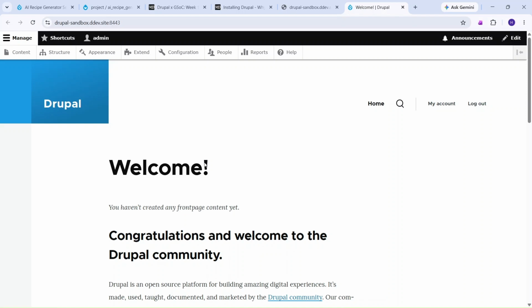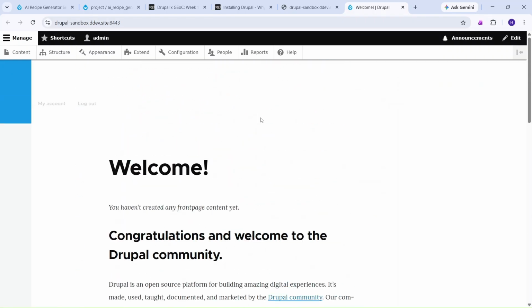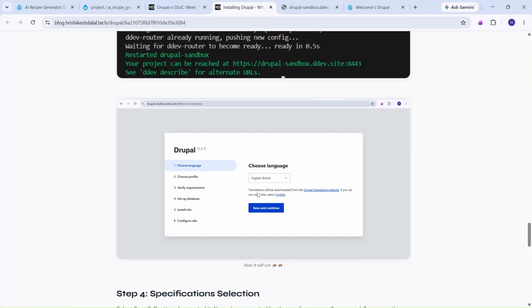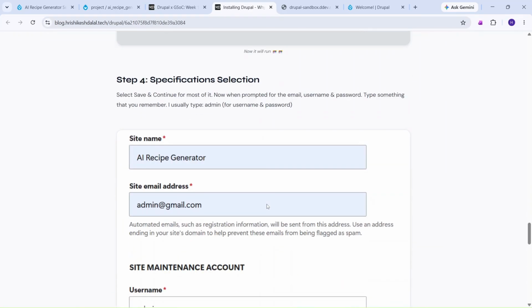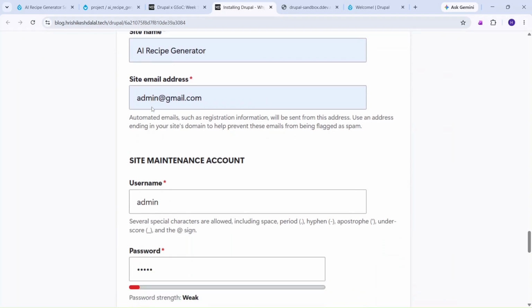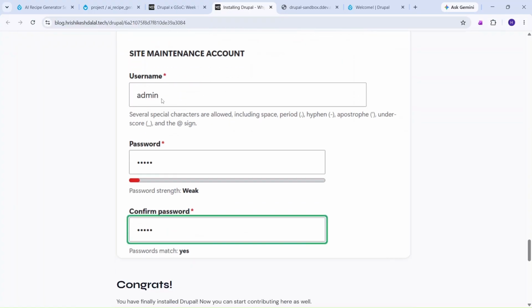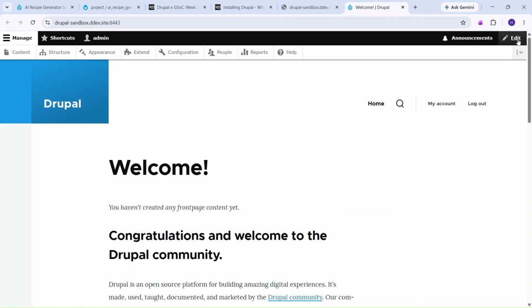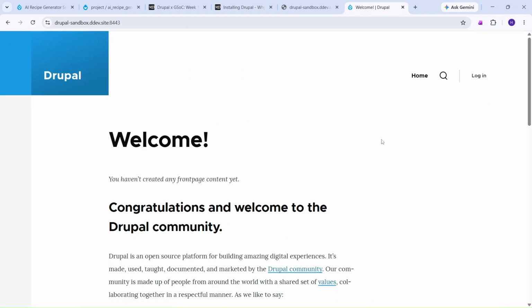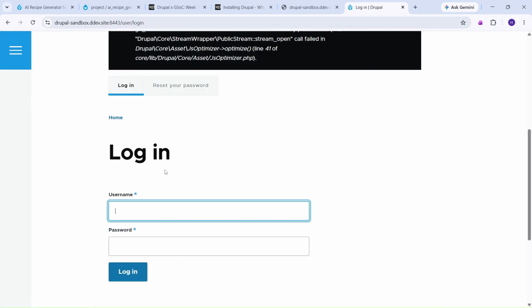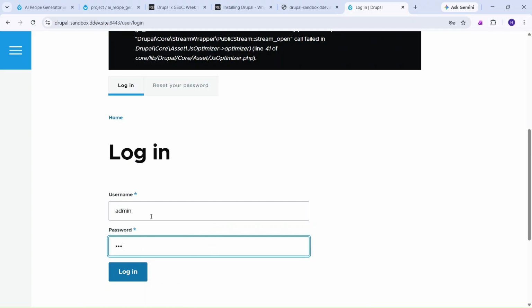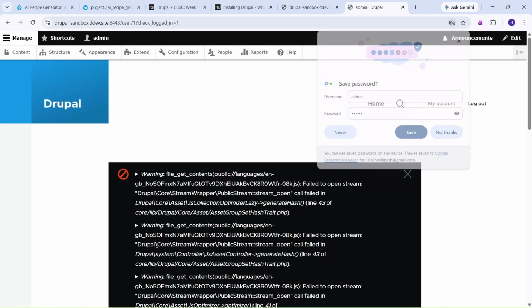We've done that. Now, why did this happen? This is because I had already installed my site. Otherwise, you would get something like this. You will have to choose a language. You will have to press save and continue. And your site instructions, add anything like AI recipe generator, admin at the rate gmail.com is the default one that people add when they are making this. Here, the username and password, I have put admin. So if I have to log out here, let's say I log out and I have to log in again. I just say admin, and yeah,